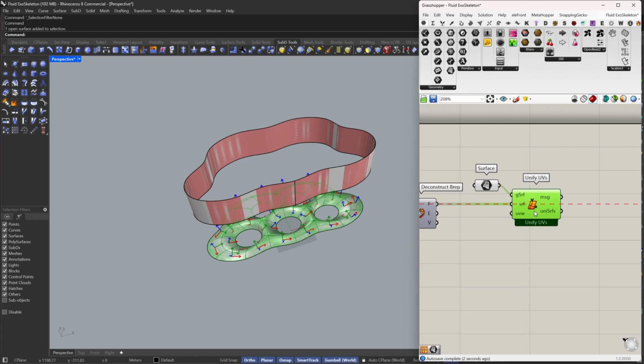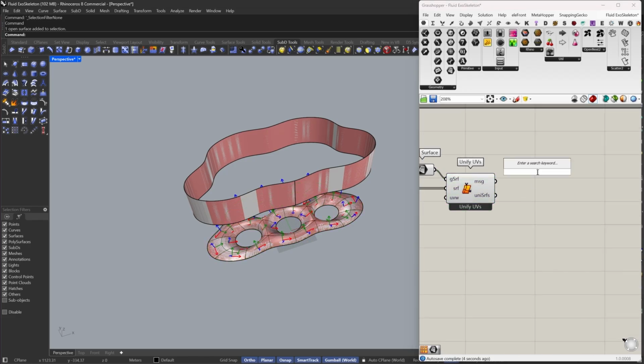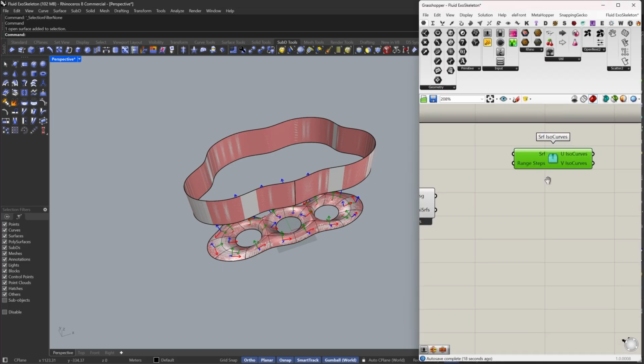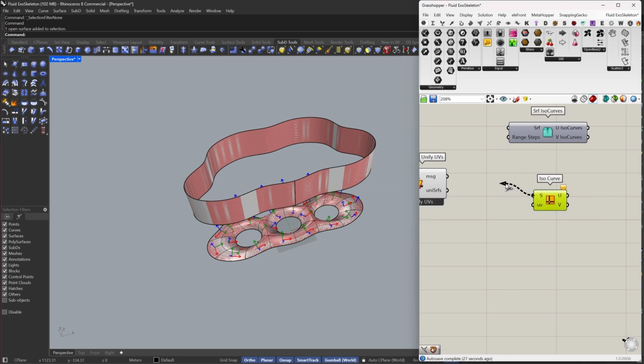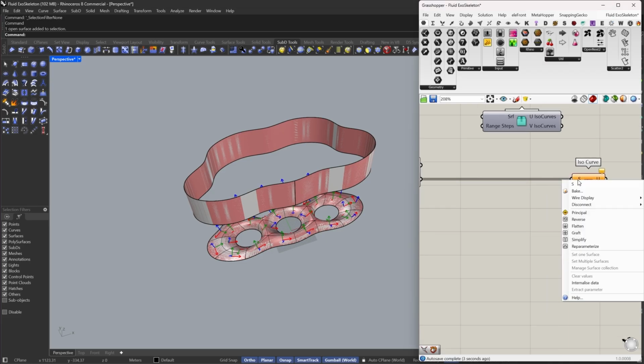Just to see the flow of these curves, I'm going to use surface. I'm going to use ISO curve. I created a component. Let me try to create it in here, and then I will show you what I have done. It's basically if I have an ISO curve component and I use it on all of these surfaces, and I want to create multiple points. For now I'm going to reparameterize this, and